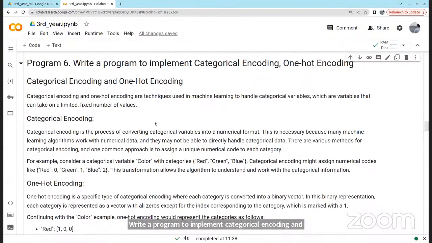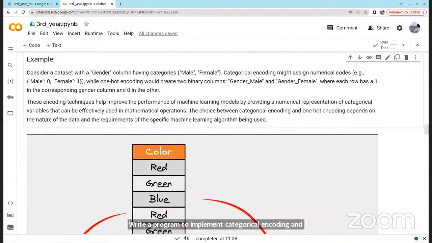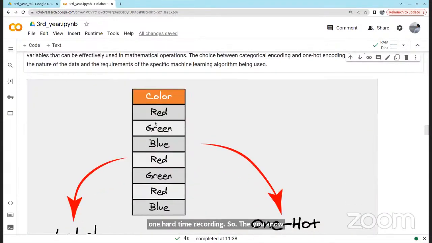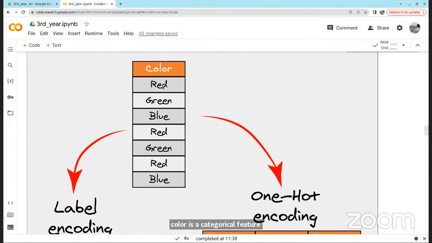So in your data you can have both numerical features and categorical features, right? For example, color is a categorical feature. In color you will have red, green, blue and all that, which is only the names. Basically it's not a number.